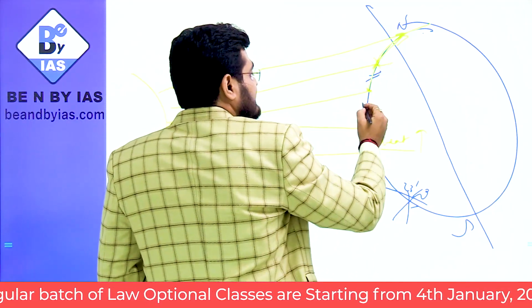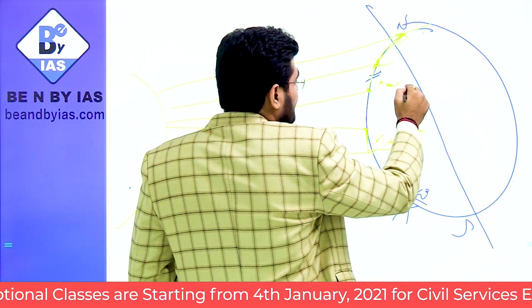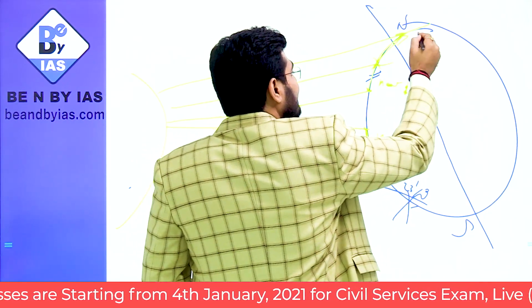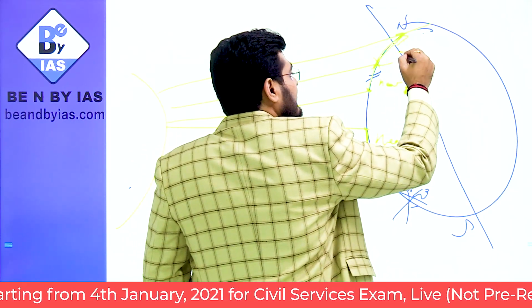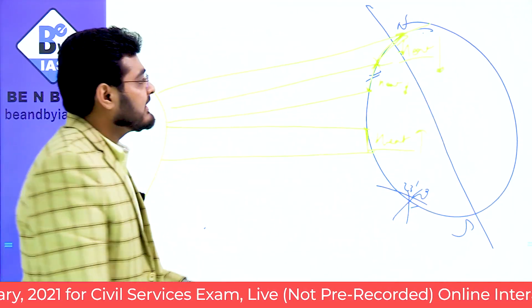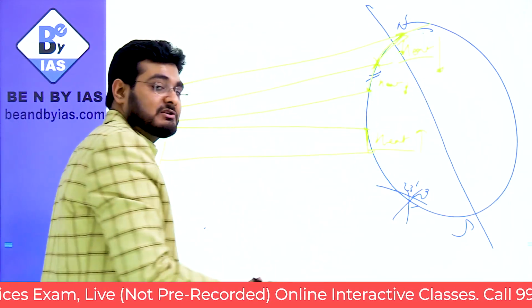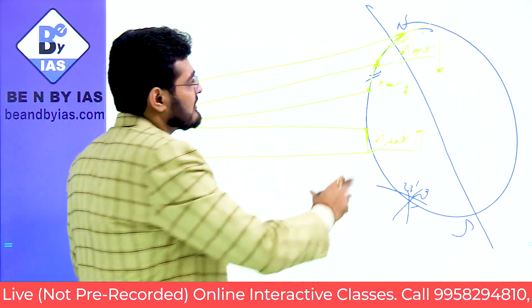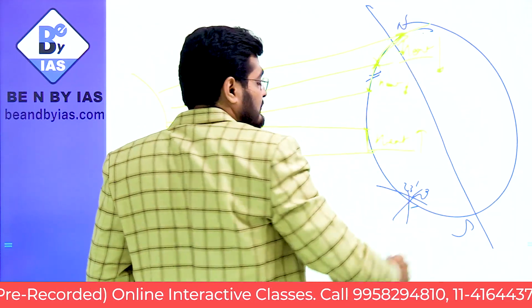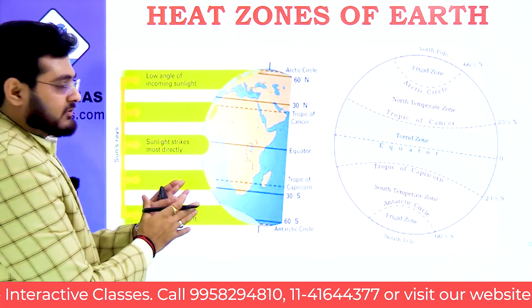As soon as the rays start slanting, the heat would reduce a bit, and in this area very slanting rays fall, so the heat is reduced to a great level, and that is why the heat is very low, there are snowy areas, and because of which the snow cannot melt, and that is why the northern and southern pole always remain covered with snow. This is what I explained to you.